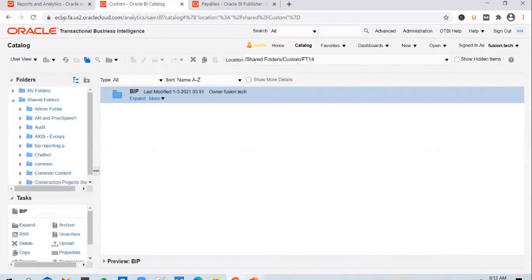We want to take over the data, whatever queries we have written in the data model. From there, we want to take the data and send it to the respective application. No, sending out data, you can run the ESS job, implement the bursting, the file gets uploaded to SFTP or some other location, pick up the file and load it in the other application. That is what we have seen in the last 2 days, right? So migrating a report is different from migrating the files or the data generated.